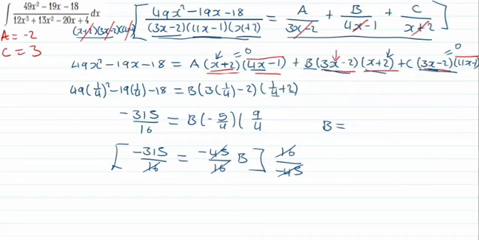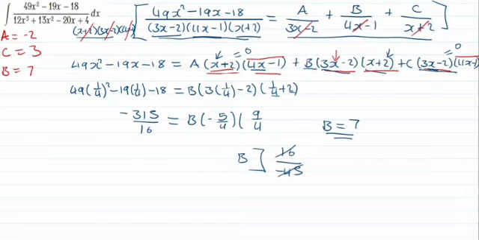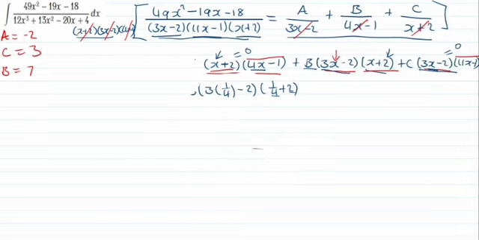So I'm getting the value for b as positive 7. So I'm going to write this as well. My b is 7. Now that I've found all the values for the letters,